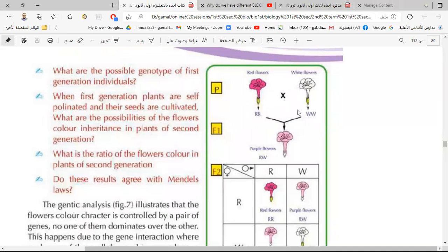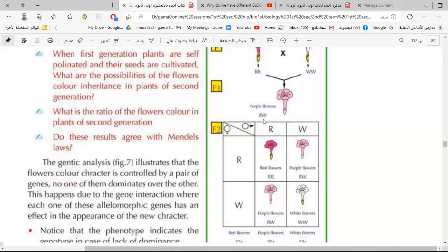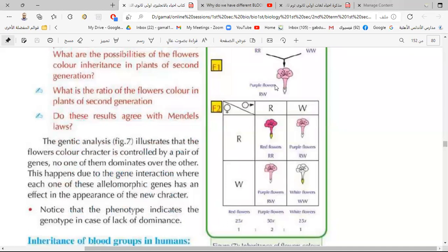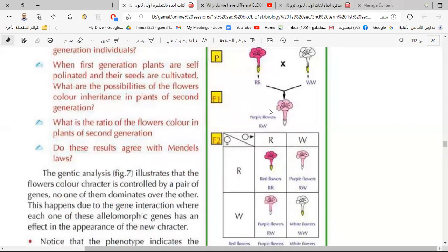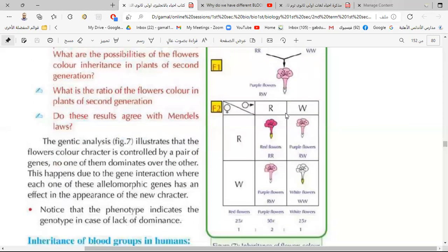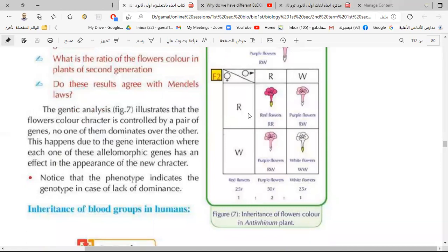So we have here a new trait by the effect of the two genes. Not one gene only expresses itself, but the two genes express themselves. In F1, all the individuals have R capital W capital, so the phenotype of these plants is a pink or purple flower. But when we make a new crossing between pink flower plants, we will have in the second generation